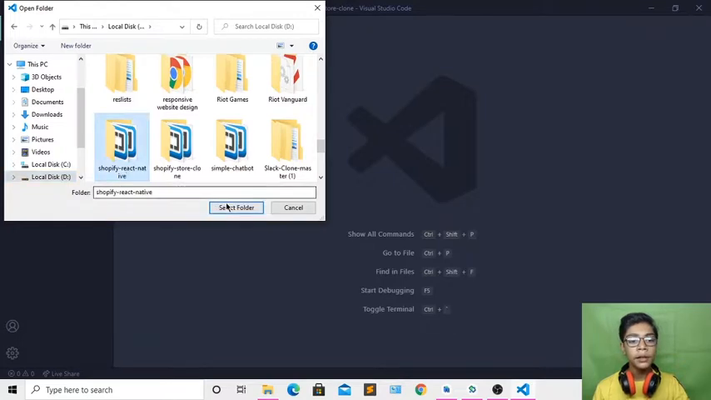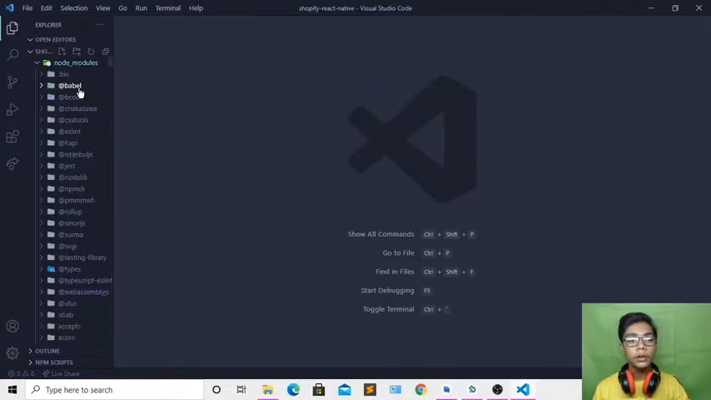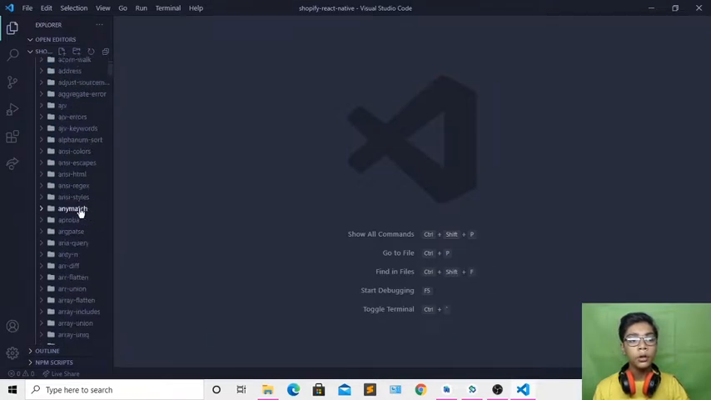So I'll be just selecting that and pressing select folder, and here you can see now when you've done that, many of the files and folders are coming here. But first of all you can see the one folder is coming which is called node modules. So if I just open this node modules folder, you can see in this node modules folder you are getting